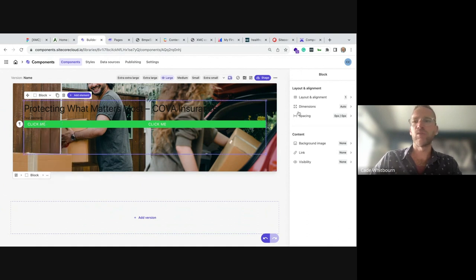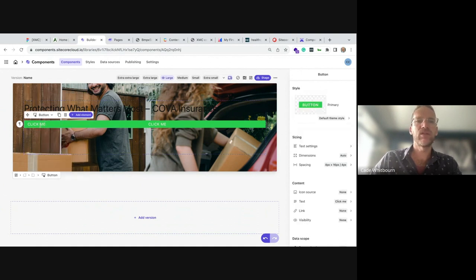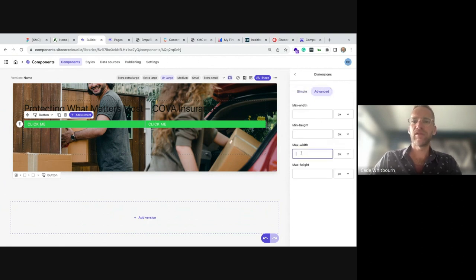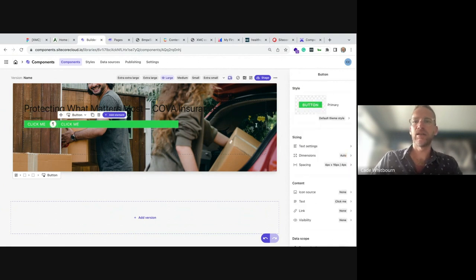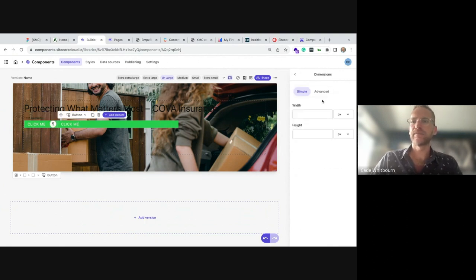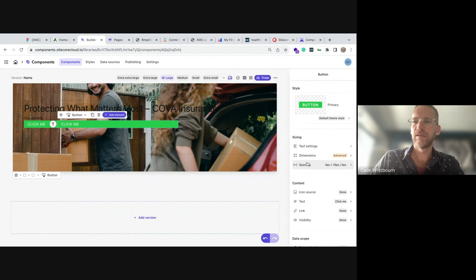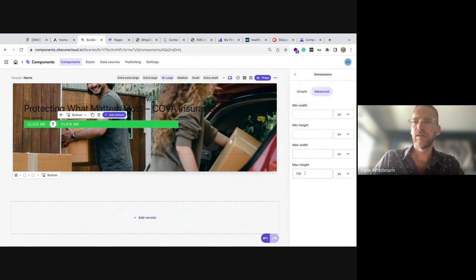Okay, the next thing I can see is that these buttons are not quite right. We need to set a max width on these, which we can do. So select the button, dimensions and max width, 150. And this one, 150. Didn't that work? Oh,